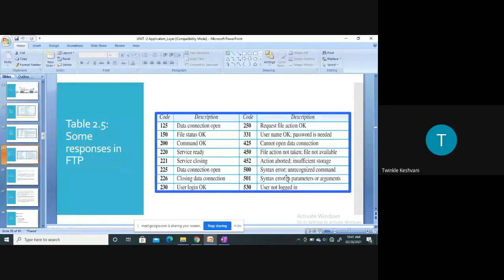Then status codes along with the description. In HTTP we have seen the 200 code, जो 200 कोड था स्टेटस कोड, वो HTTP में भी हमने डिस्कस किया था. The 200 code conveys the message that whatever file was requested has successfully reached here and everything is okay, right? You can see here the phrase is also given. 150, that is file status okay. 125, data connection open.